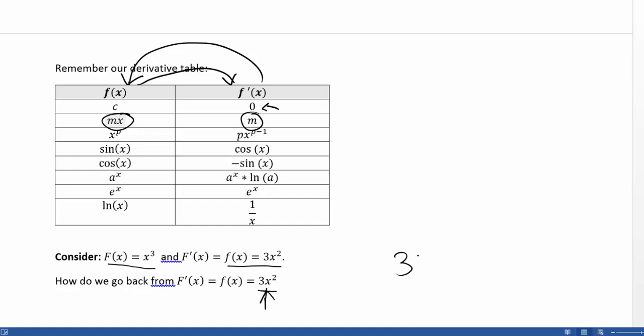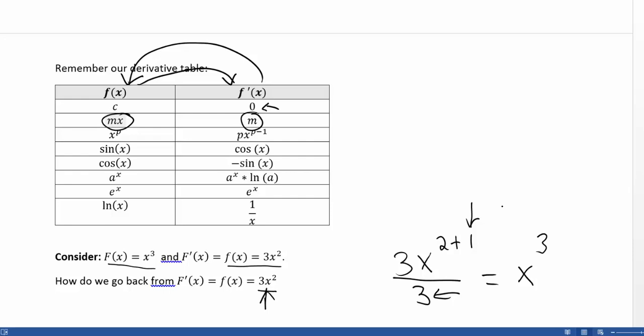So we're going to have 3x to the 2 plus 1. So that gets us the right power. However, if we just left it like that, we'd have an extra 3 in front. So we actually have to remember to divide out that 3, right? So if we add 1 to the power and we divide by 3,